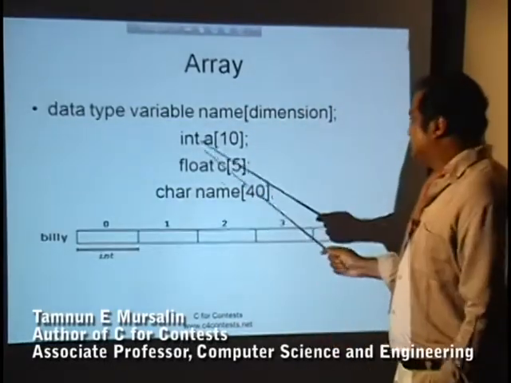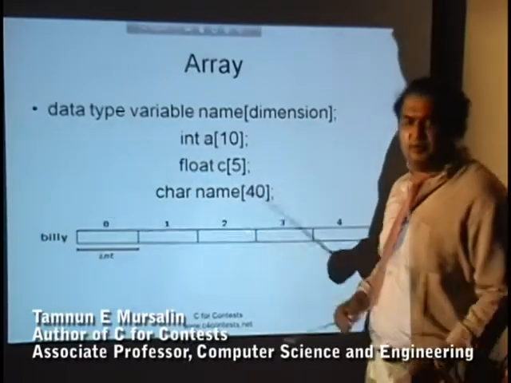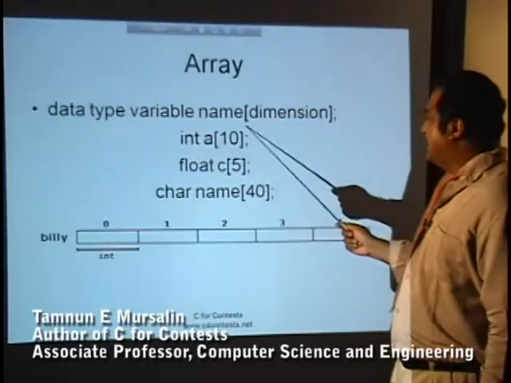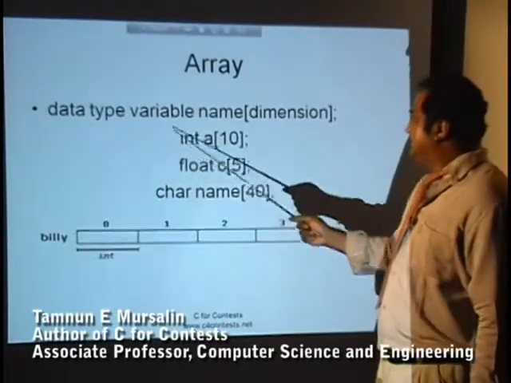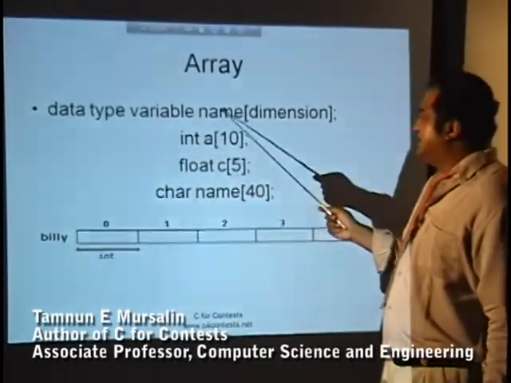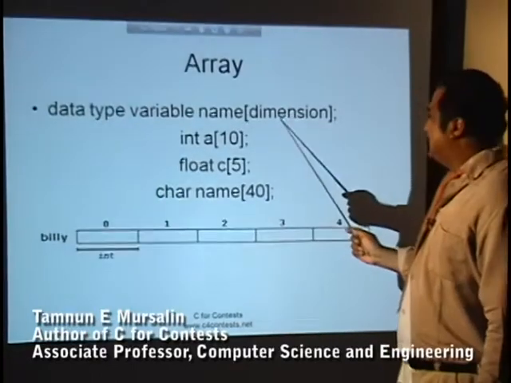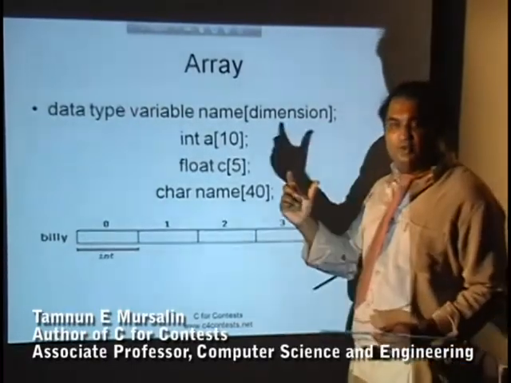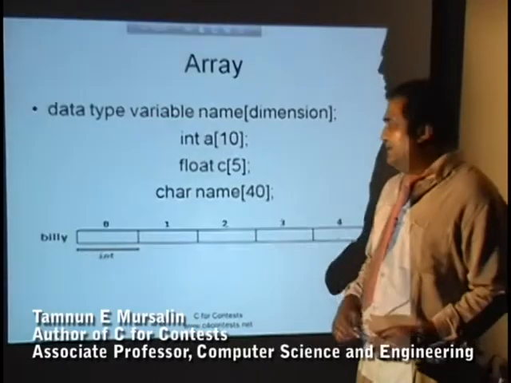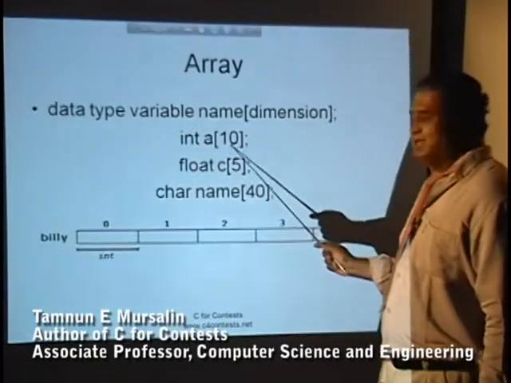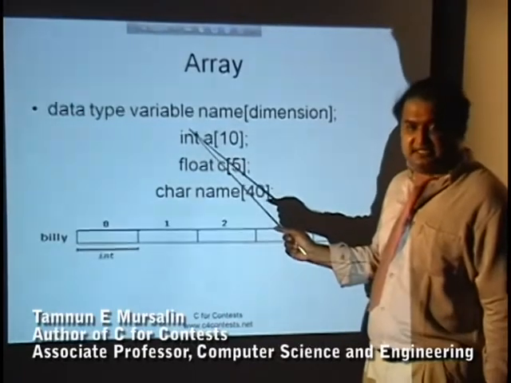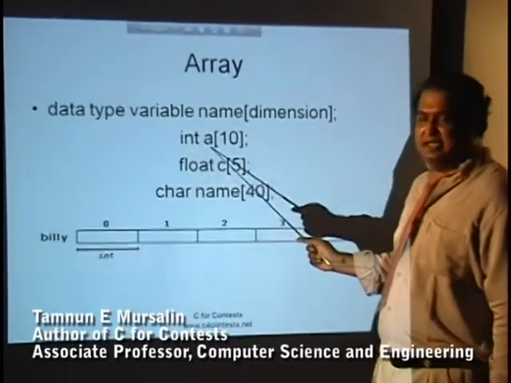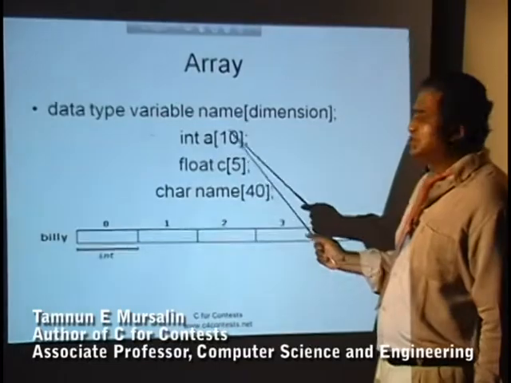So we have here an array, and we are going to go very quick. We can see how you declare an array. First we have the type of the array, then the name of the array, and the dimensions, meaning how many blocks you want the array to store. For instance, we have int a[10]. That means it's an integer type array, so you are going to store only integers. The name of the array is a, and you need 10 storage locations.